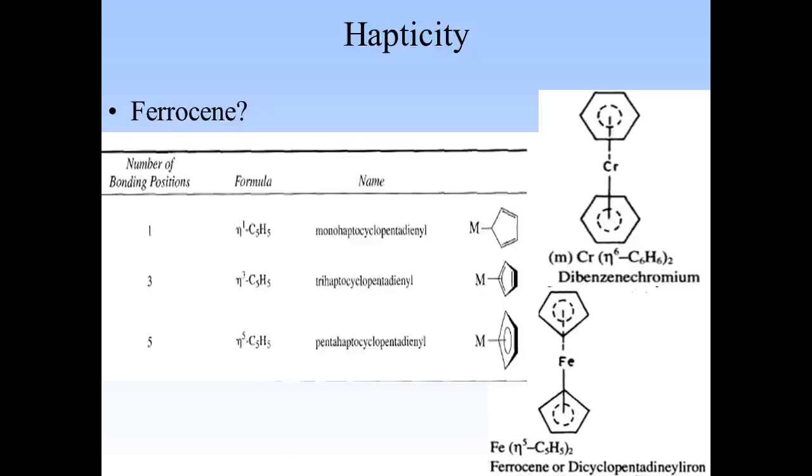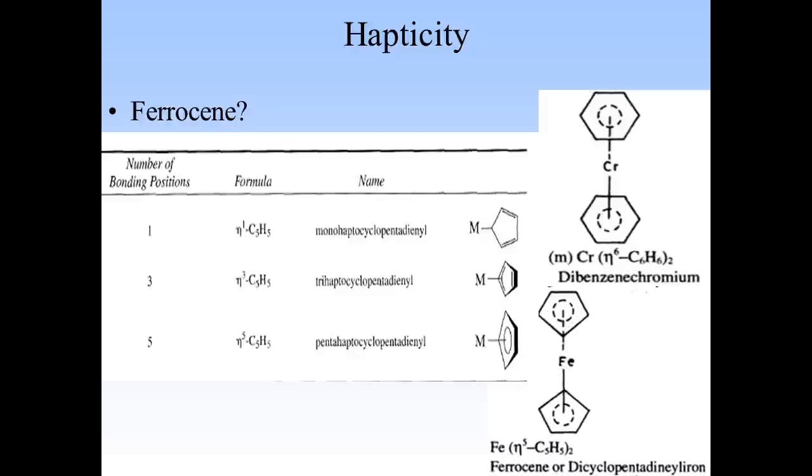Therefore the hapticity is 3. And in the final example the hapticity is 5. Now look at the bonding position. All the 5 carbon atoms of the cyclopentadienyl ring are attached to the metal, and that's why a ring is placed inside the cyclopentadienyl system, and that ring is directly attached to the metal. That indicates all the carbon atoms of cyclopentadiene, that is 5 carbon atoms, are bonded with the metal. So from these three examples you can clearly understand